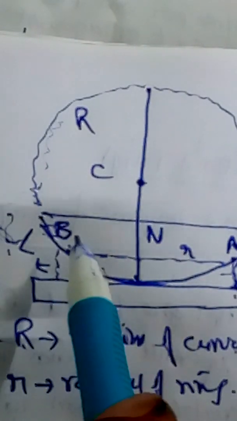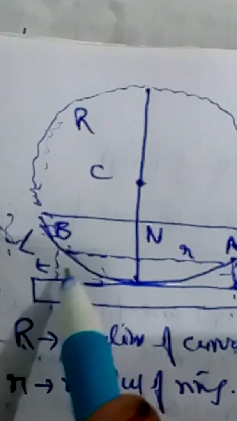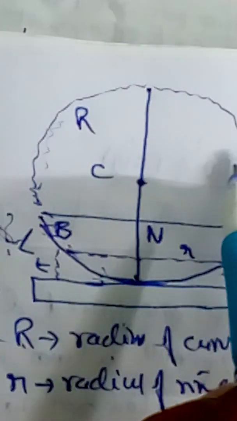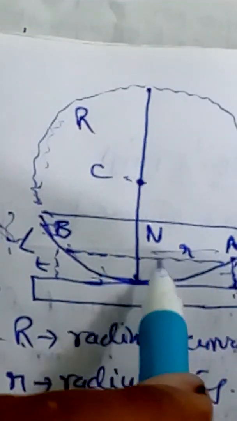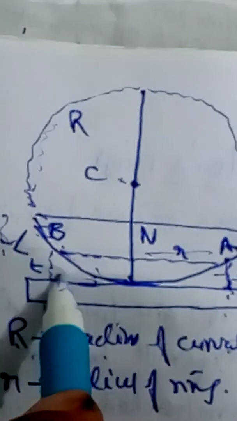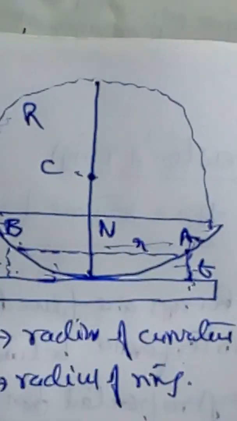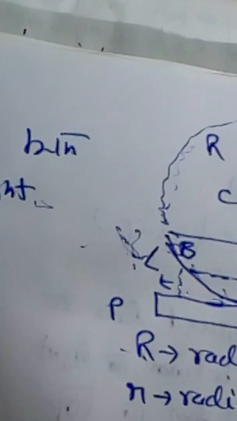In order to find the diameters of both dark and bright fringes, I have kept lens L placed on the glass plate P. The convex surface of the lens is a part of a spherical surface with center at C. Let capital R be the radius of curvature and small r be the radius of the ring corresponding to the film thickness of small t. This is air and this is also air. This is the thickness of the air film. Now you can take this is a normal.